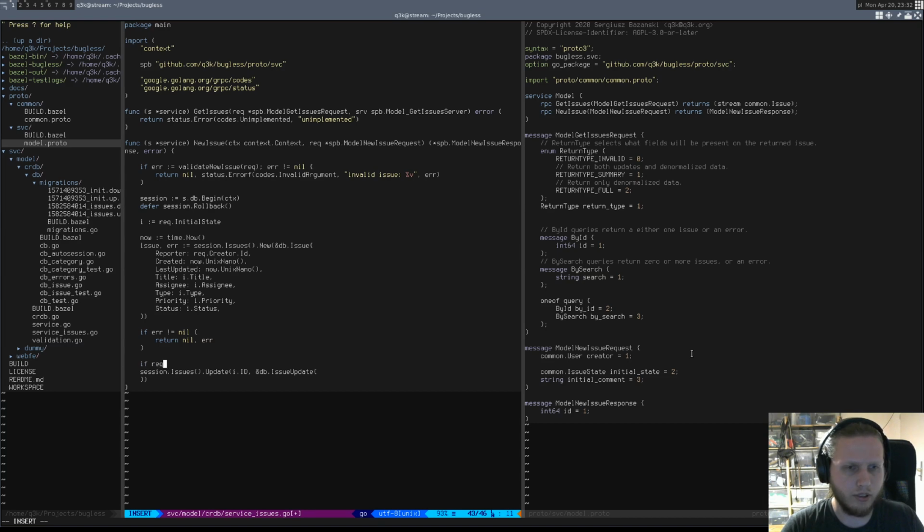If rec initial, and we just do this. All these fields in issue update are nullable SQL fields. So if they're set, it's going to update that particular field. If it's not set, it's just not going to update it on the issue. So we do